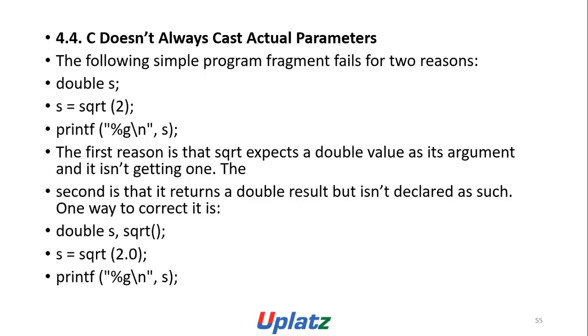C does not always cast actual parameters. The following simple program fragment fails for two reasons. double s; s = sqrt(2); printf("%g\n", s); The first reason is that sqrt expects a double value as its argument and it is not getting one. The second is that it returns a double result, but it is not declared as such. One way to correct it is: double s, sqrt(); s = sqrt(2.0); printf("%g\n", s);